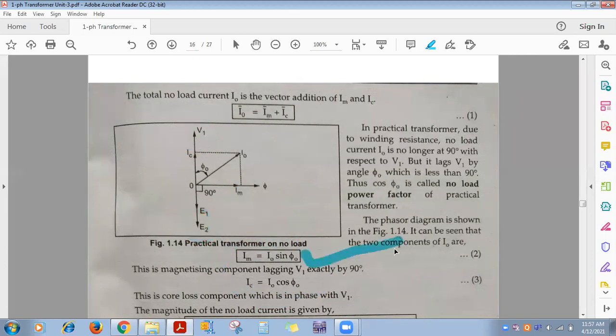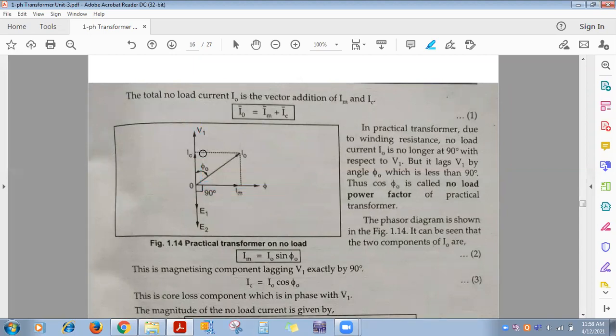Not just mugging up type of things will be there. So like this, you will get the phasor diagram. This is the no load current, and you can decompose it into two components. This is the magnetizing component of no load current, which is required to overcome the core loss, which takes place in the core, and that's why this component is in phase with flux. Another component is related to copper loss, and copper loss takes place in the copper winding, and copper windings are purely resistive. That's why you can see here resistance, current and voltage are in phase. That's why this component comes in phase with V1, and this component comes in phase with flux.